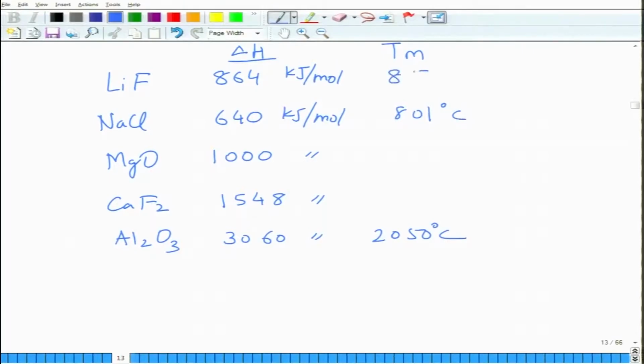Lithium fluoride has 850 degrees centigrade. MgO has 2850 degrees centigrade and calcium fluoride has 1420 degrees centigrade. There are some exceptions in the middle, but by and large this rule follows. There are a lot of other reasons. You see, the melting point is related to the atoms themselves, the character of atoms. So bond energy is one important factor, but by and large this is true. With the exception of calcium fluoride here, you can see that as you increase the bond energy, the melting point increases, and this is true about melting point, boiling point,